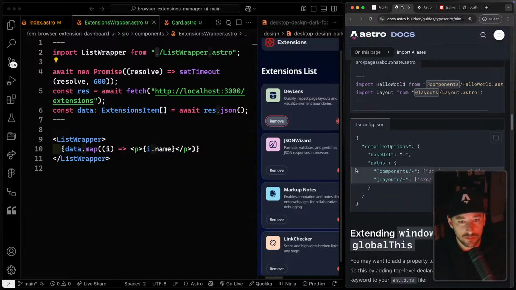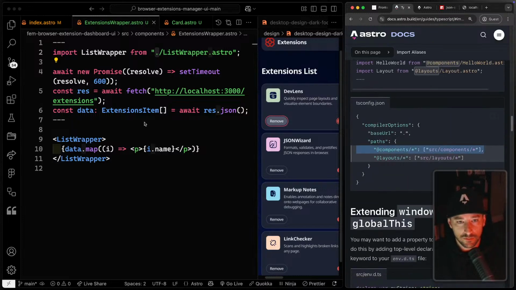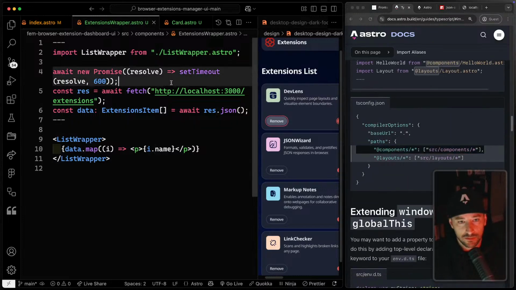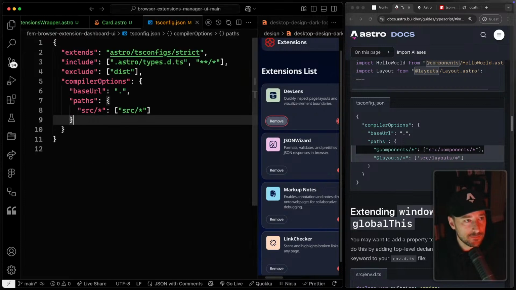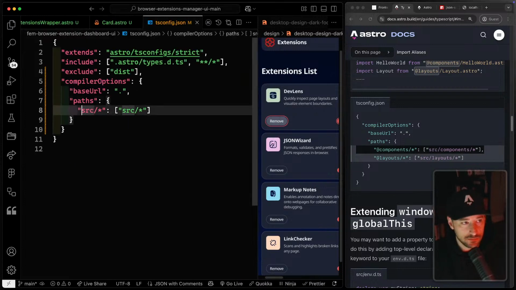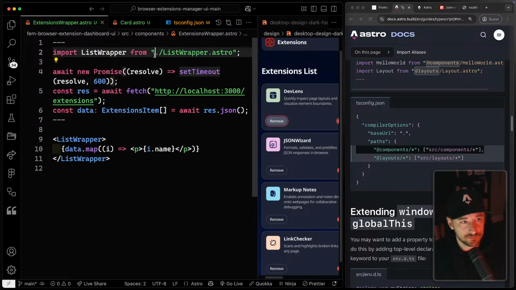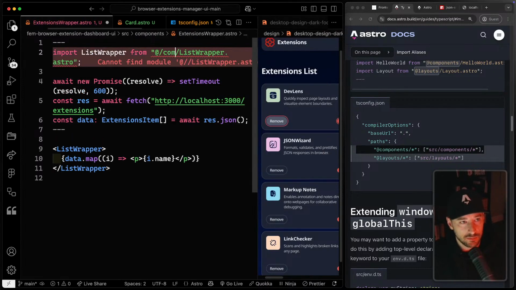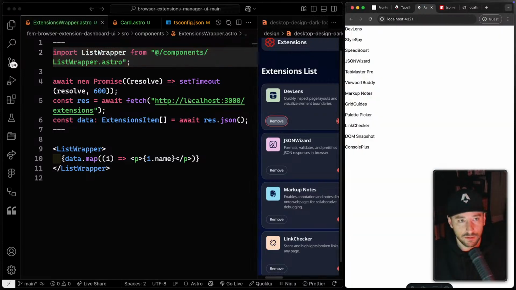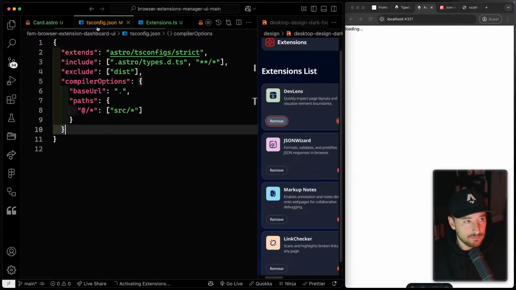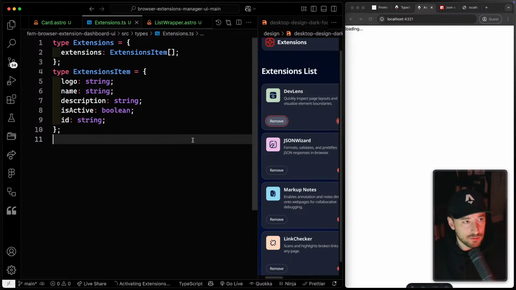Aliases, import aliases. This is what I want. JSON. What do I do? At, like this. Okay, so now let's try it. At components. Let's drop her. Okay, that's working. Okay, cool. All right. Not sure why I went through quite all that, but